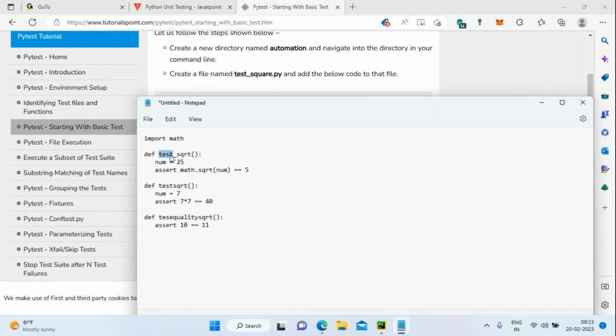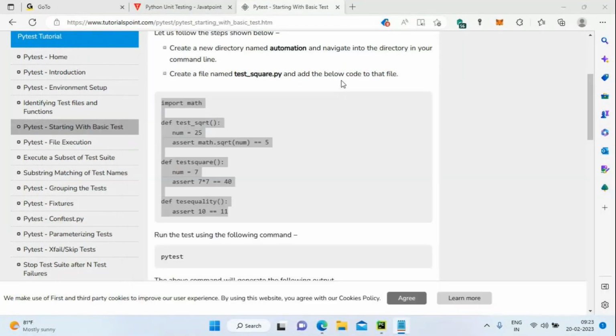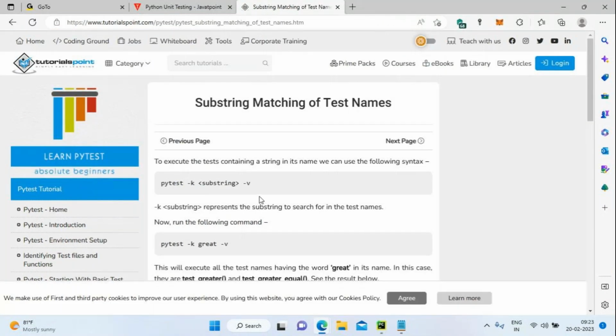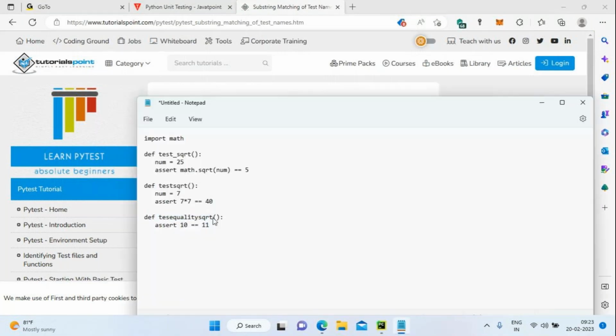test_square_root, test_square_root, test_equal_to_square_root. In these three names, which part is common? Substring means part of a string. Square root is common, right? Now if I want to run a subset of test cases, I first want to match the test case names, and I'm going to run only the particular test cases. If I remove the square root